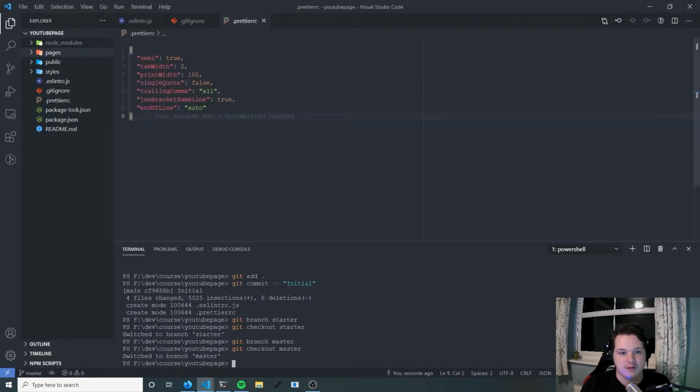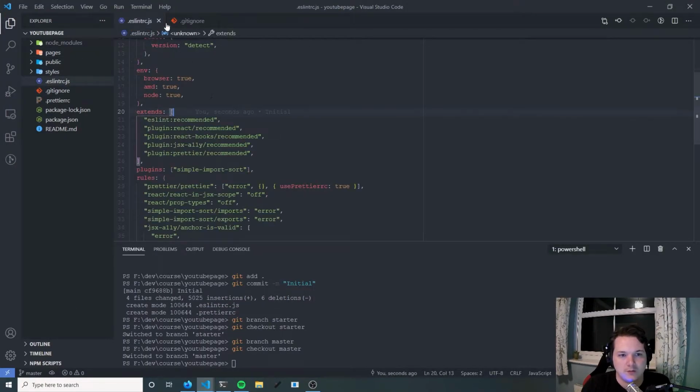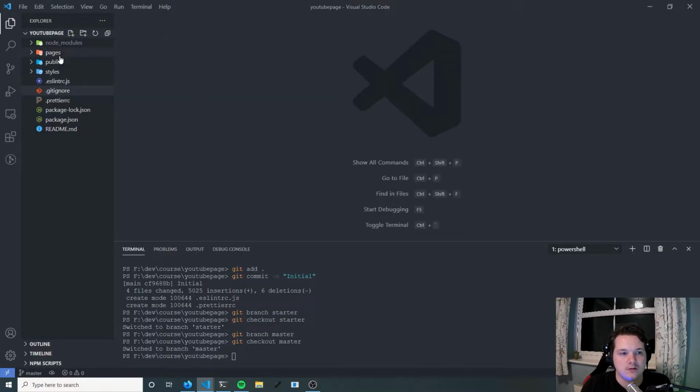So that will be there. You can clone the starter branch if you don't want to go through the setup. Okay, cool. So let's make a page in here, and we're going to call it